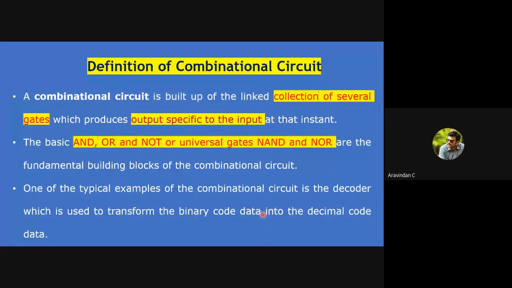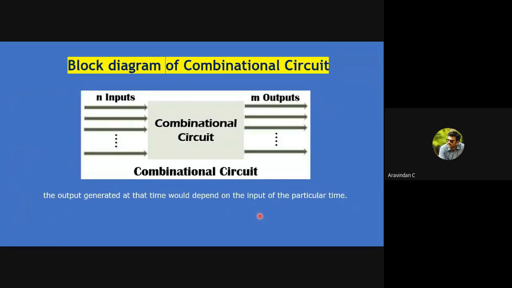And in last week's classes, we saw conversions like an encoder, where we convert 8-bit to 3-bit or 3-bit to 8-bit. This all comes under combinational circuits. This is the basic block diagram of combinational, where the inputs pass through n number of circuits, I mean gates like AND or XOR, and we get an output. Your output depends entirely on the present state of inputs. We are not going to have any delay in your output.